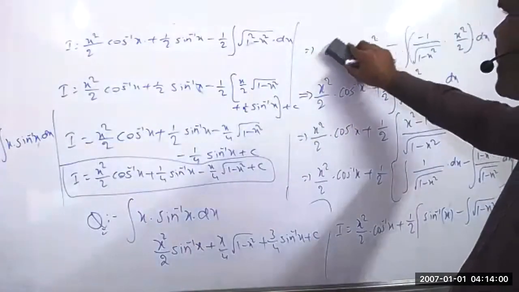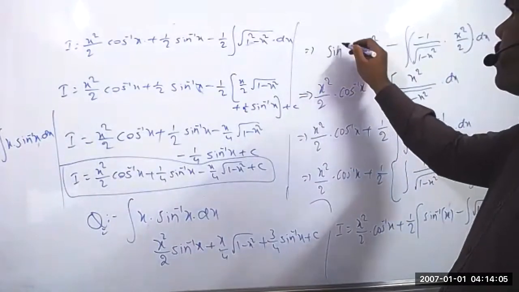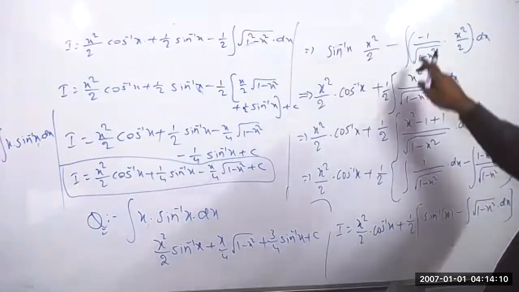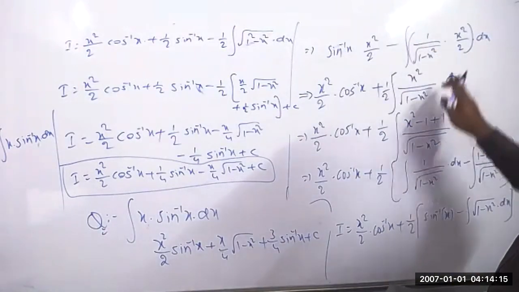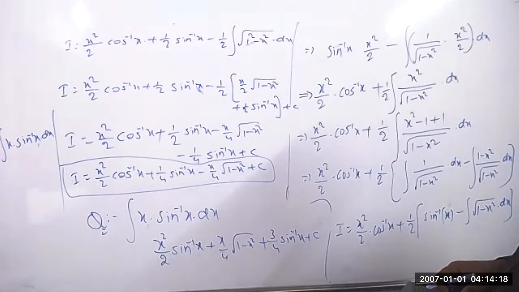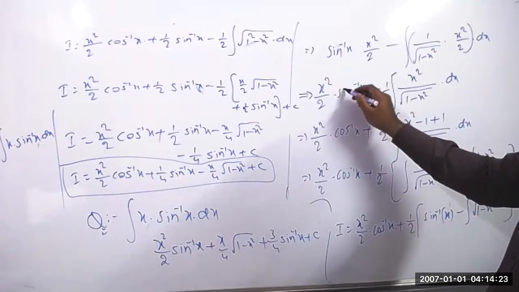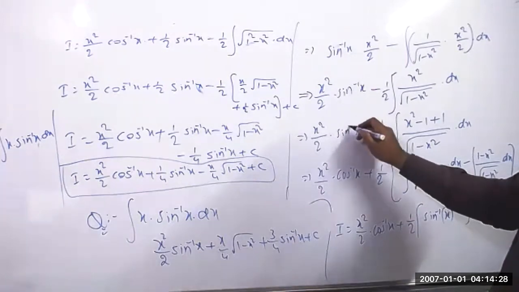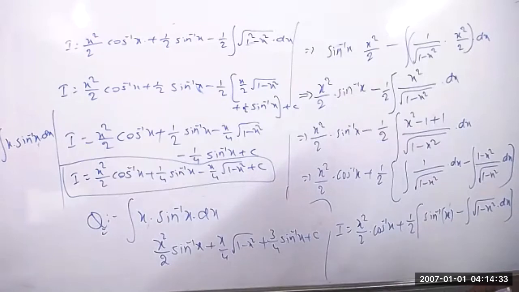In place of cos inverse x, you will get sin inverse x here, because f of x into... and the differentiation of sin inverse x equals 1 by root of 1 minus x square. This will be the same thing only. So here this is the minus only. In place of this, you can write sin inverse of x, here also sin inverse of x. This is clearly minus. So for x square, we have to write the same procedure.